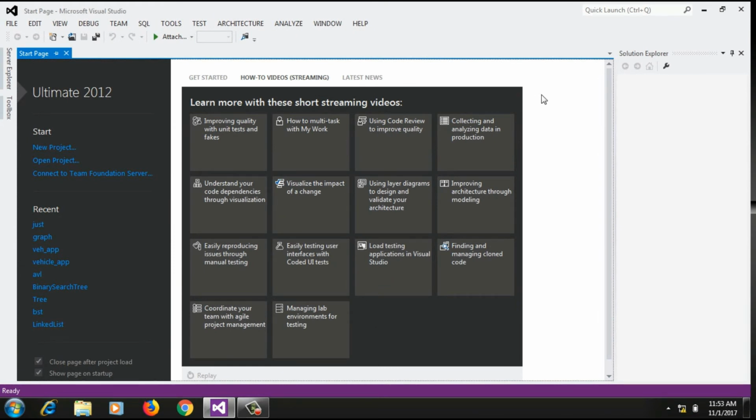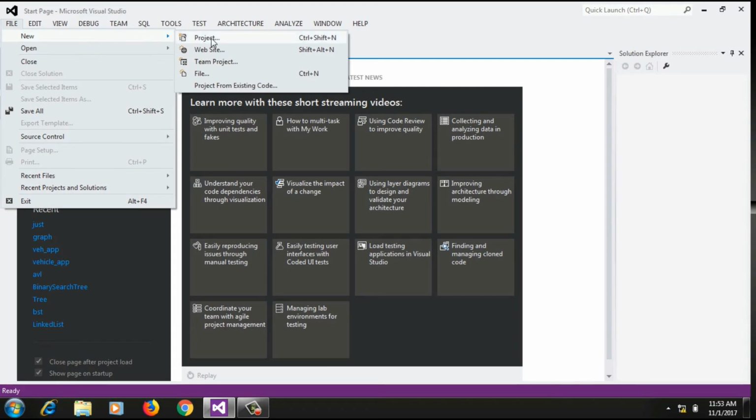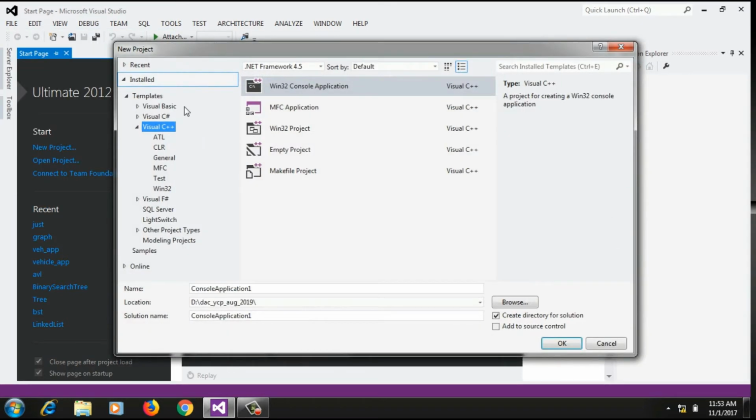Let's implement prime number program using Visual Studio. So how to create a project or how to write a program in Visual Studio? First of all, I need to go to the file, new, and I will create a new project. Then which project that you will select from this list. So under Visual C++, I will make use of Win32 console application. So I will select Win32 console application, and here I need to give name to my project. So suppose some name is there. So say prime demo is the name of the project prime underscore demo.